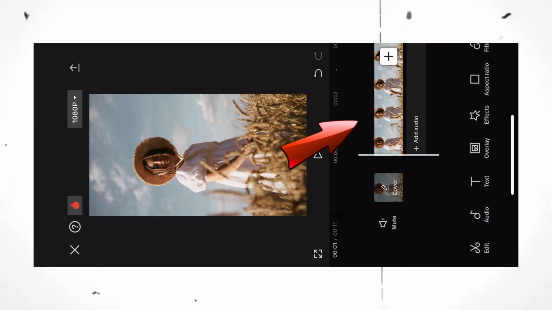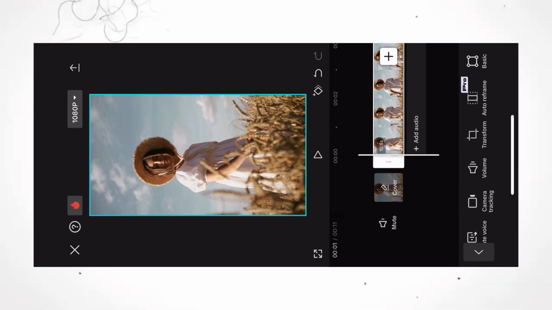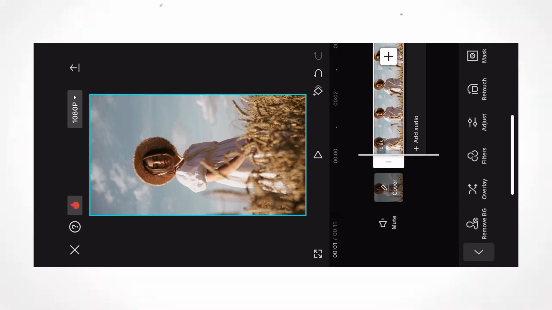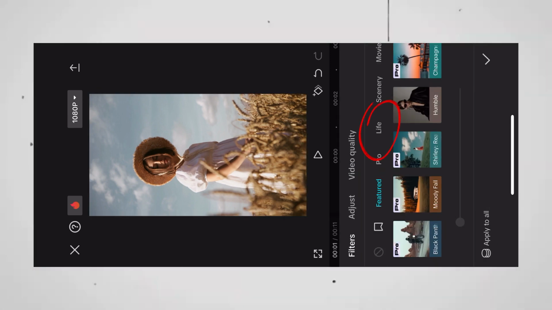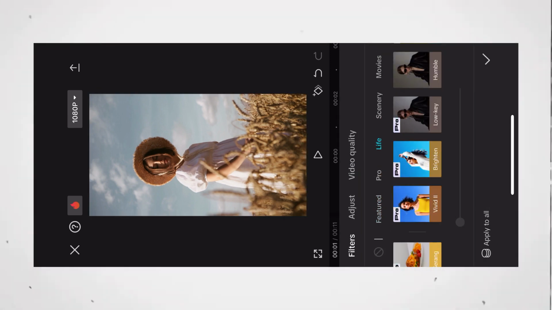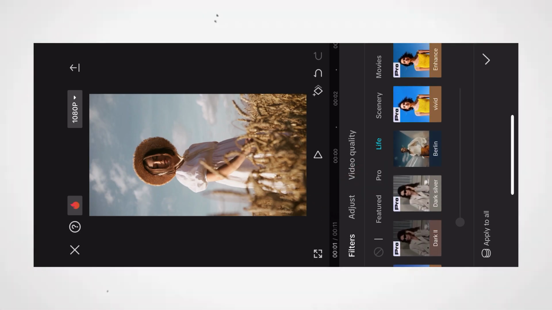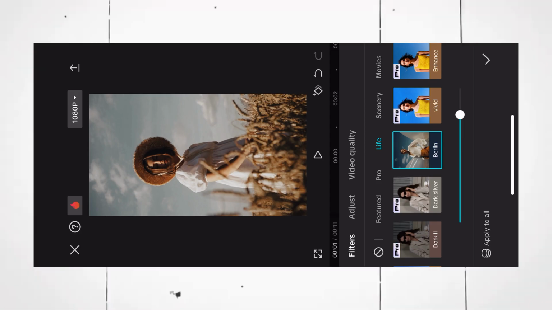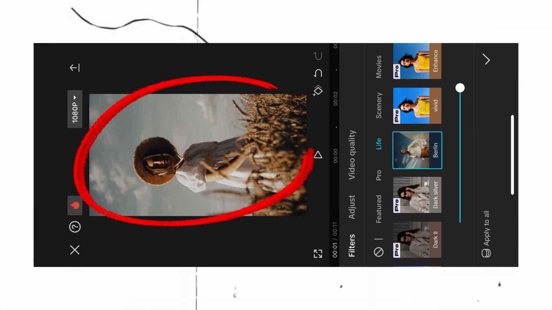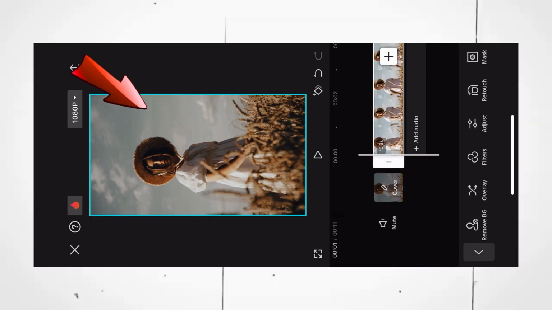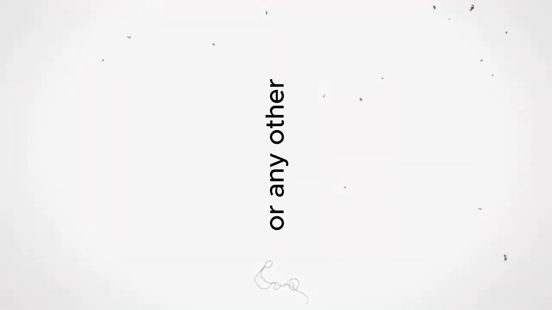Now, select the video again and search for the filter tool. Simply click on it. Come under the life category. Select Berlin and increase its value by 100. This will itself give a dark and stormy look to your video. This filter has worked best for me. You can also try other filters like Bad Bunny, Moody Fall, Oppenheimer and Mistletoe, or any other filter which goes